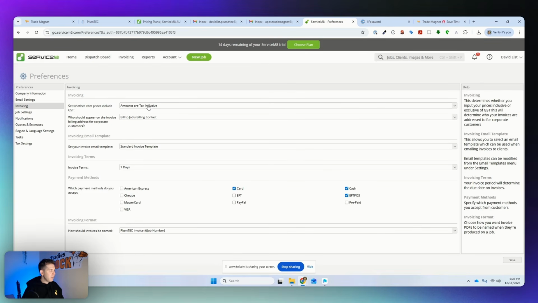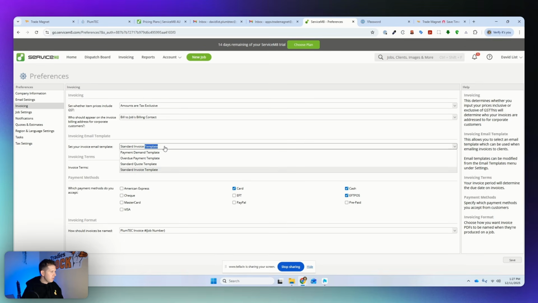Invoicing. So amounts are tax inclusive. Generally, I see most people are using exclusive tax. So let's just set that up. Who should appear on the invoice? So I generally have this set to bills to job billing contact. Then we go on to